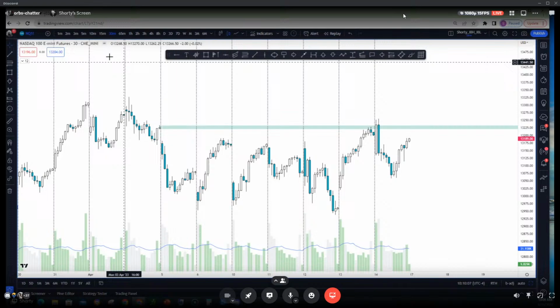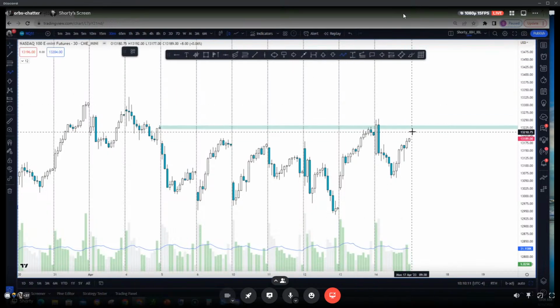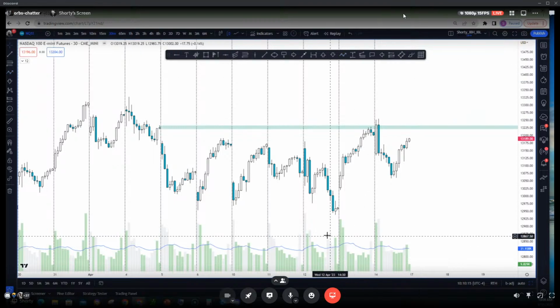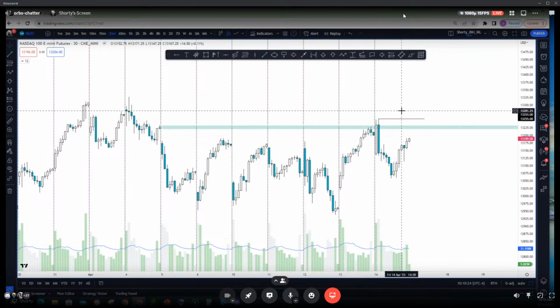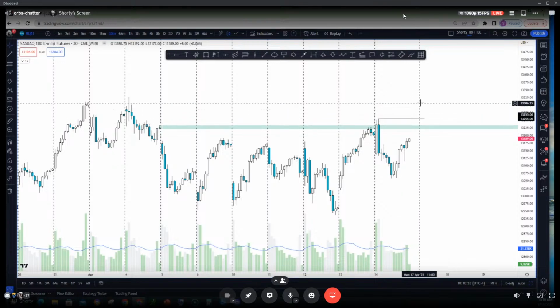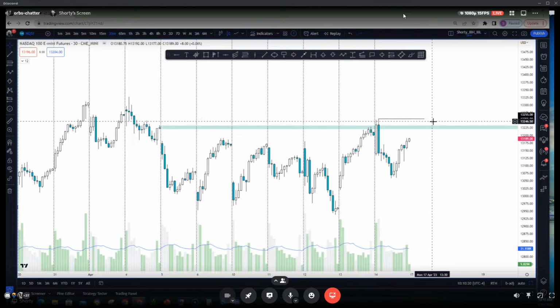Well, I would want to go on 30 minutes. If I know this is a key level, I want them to change the character here, change the break of structure here, because you're already making higher highs, higher lows. Now they gotta break this. If they break this here, which is also untapped liquidity and a failed auction, then we're looking for an entry on a pullback. And a pullback entry could be right here at 13.2 for the bulls.